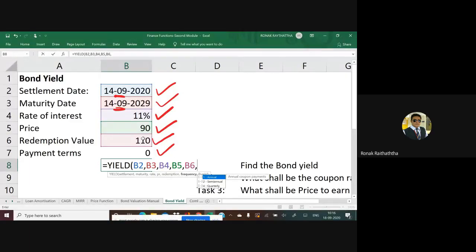So in this case, no information is given to us. So that's why we are assuming that yearly interest rate we are getting. So I'm writing 1, that is the frequency, comma, and there is a basis, the last parameter. Basis is nothing but the day count basis. In US, the day count is taken on 30 days basis as far as financial calculations are concerned. They take 30 days in a month.